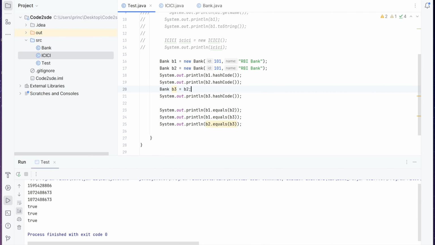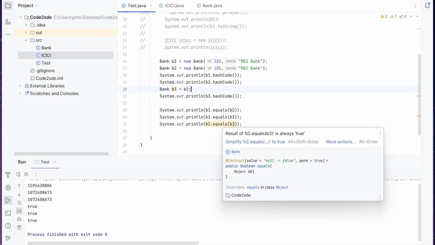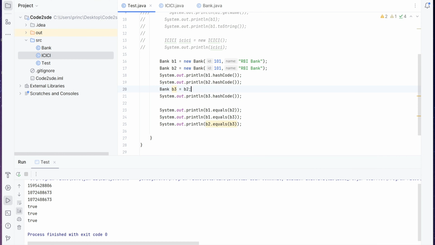So when we run this program, we will see they are now getting considered equal, because earlier they were logically equal, but the Java compiler was checking for references. We have given our own implementation to not check for reference, only check for the values. If they are the same, return true. So the equals method is working as per what we wanted.